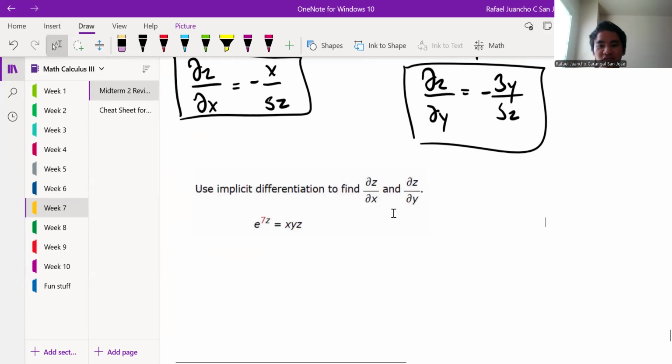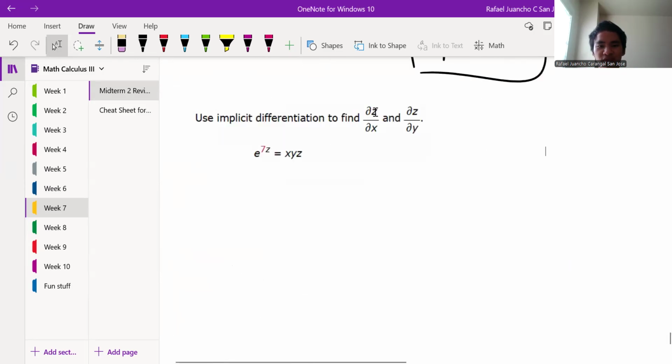We want to find the implicit differentiation with respect to x and y. Z is a function here. So we do that same idea, where we treat z as a function with respect to some variable, either x or y, and then the other variable in here is a constant, right? Okay, so let's do it. So here we have the derivative of e to the 7z. So that's just going to be, when we take that there, then we do a chain rule,